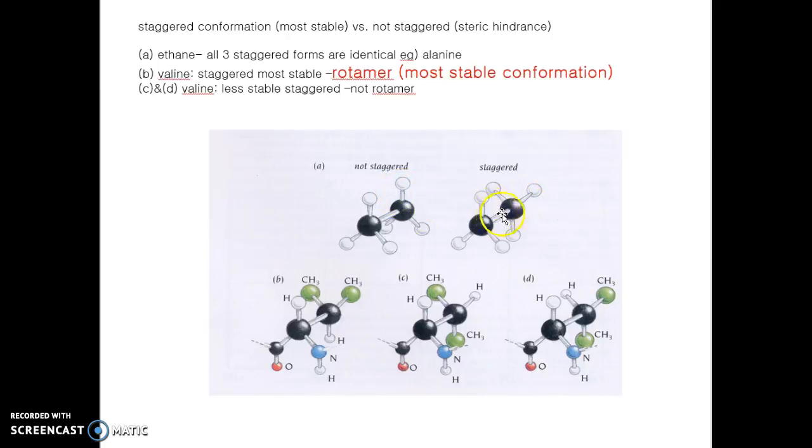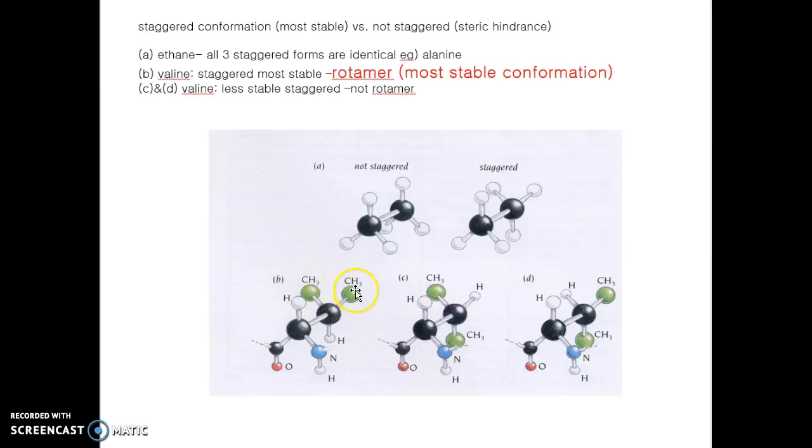So three possible staggered forms are produced, which are related by 120 degree rotation around the carbon bond. These three conformations are indistinguishable, because simply all three positions are identical. However, in valine, as you see here, around these carbon-carbon bonds,